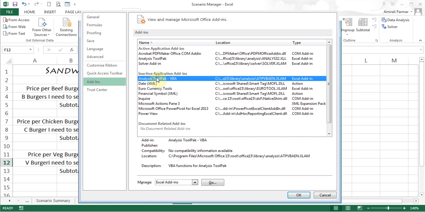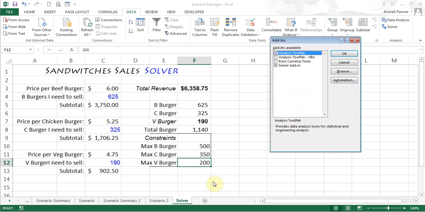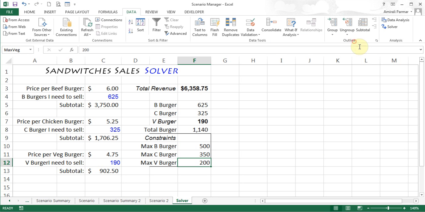I think even if you don't, it will not make a difference, but I just like to click on it, and click on the Go, and then put a check mark in the Analysis ToolPak and also the Solver add-in. I just added that too, so I get the extra one, and then click OK. So now you will have this section here. So that's the way you add it in there. So now I'm going to start the Solver by clicking on the Solver button,